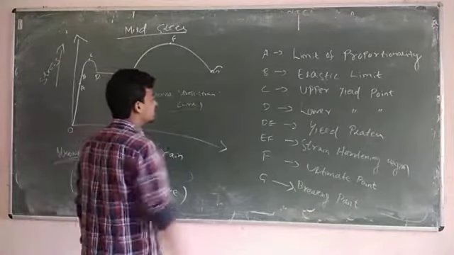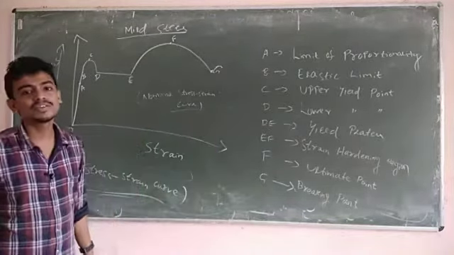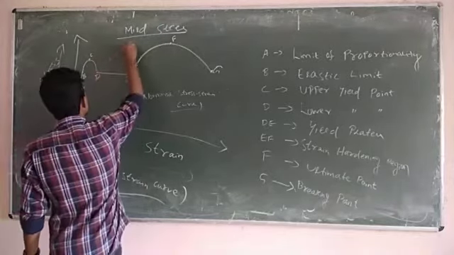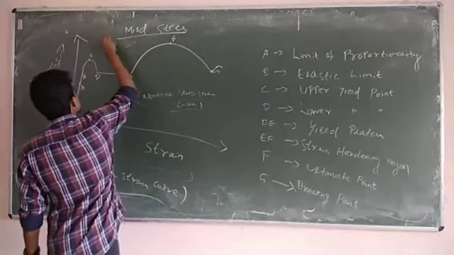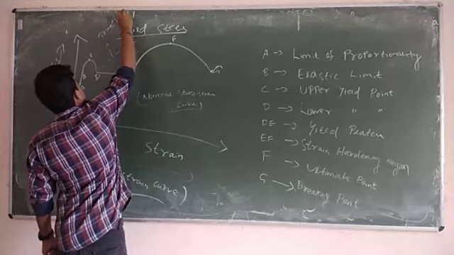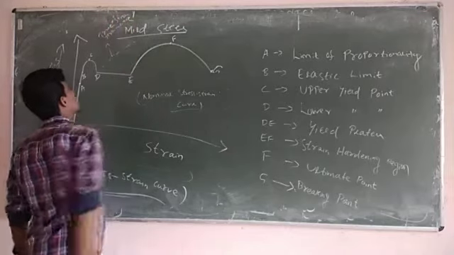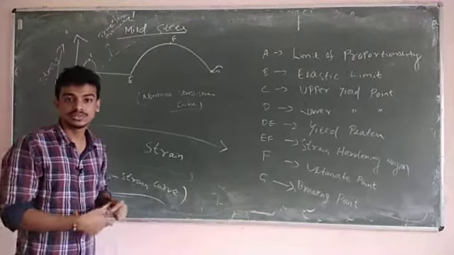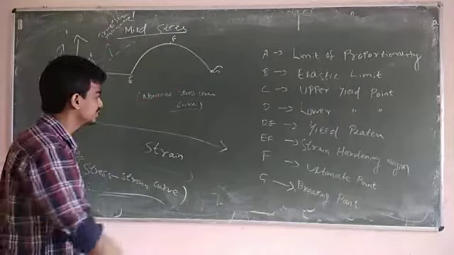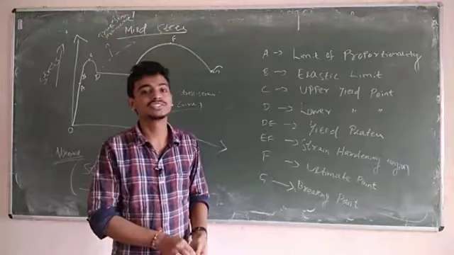If you take the actual area of the specimen at every point, then that curve will be called the true stress strain curve. It will go somehow like this. So this is your true stress strain curve, and that is the nominal stress strain curve. In the true curve, whatever stress you get will be true stress and true strain. This is all about your stress strain curve for mild steel.